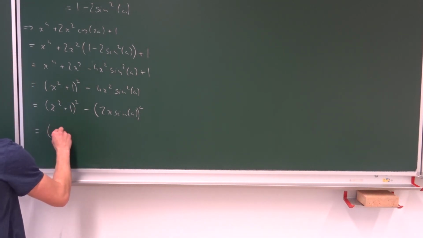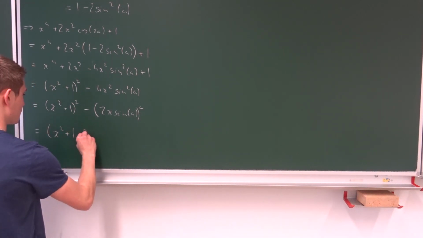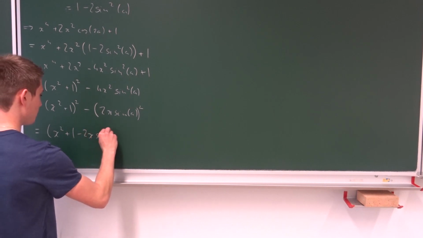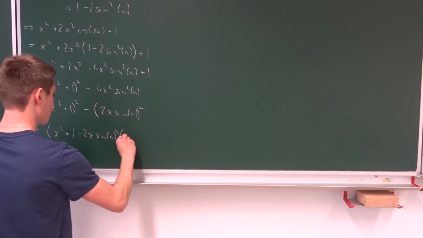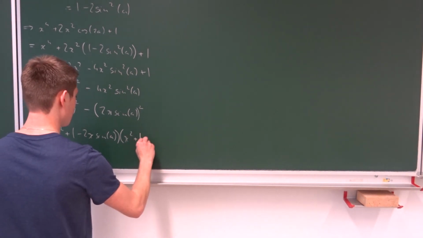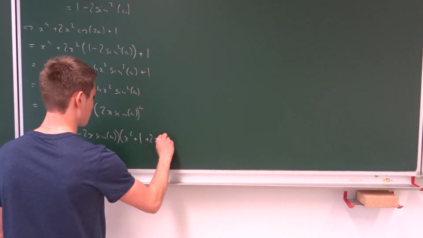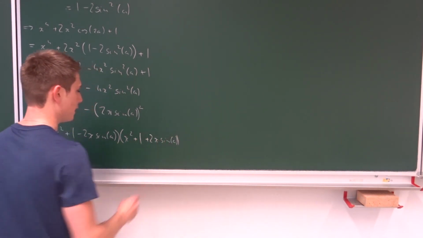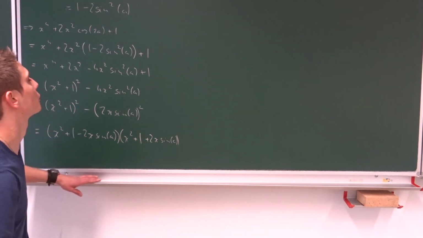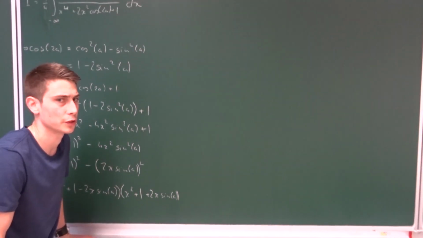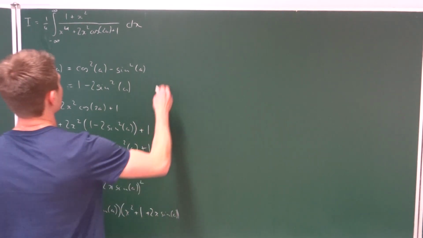So that's nothing else than x squared plus 1 minus 2x sine of a times x squared plus 1 plus 2x times the sine of a. And that's it. We finally factored our denominator